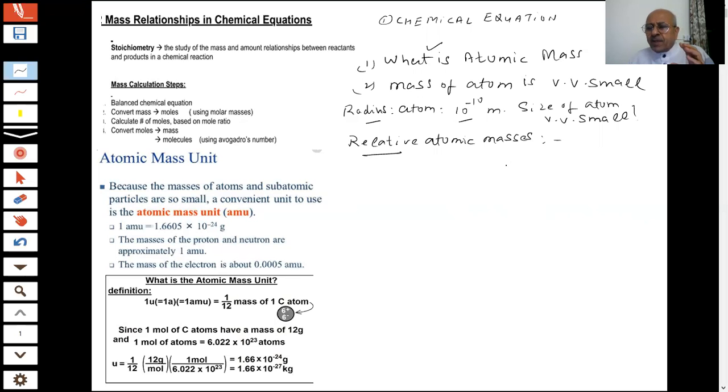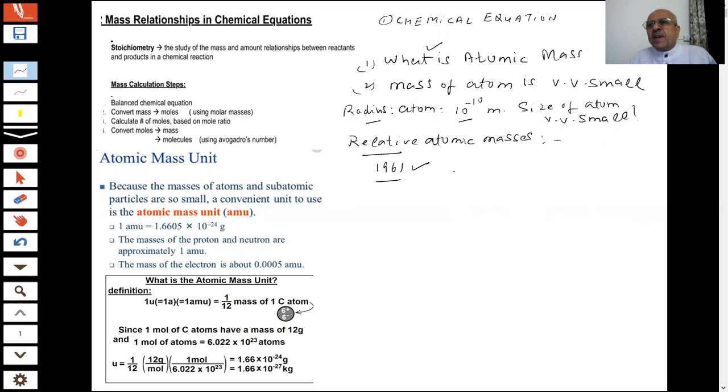There is a history of this which I do not want to go into in this lecture. But the important point to note is that the mass of an atom is very, very small, and in 1961